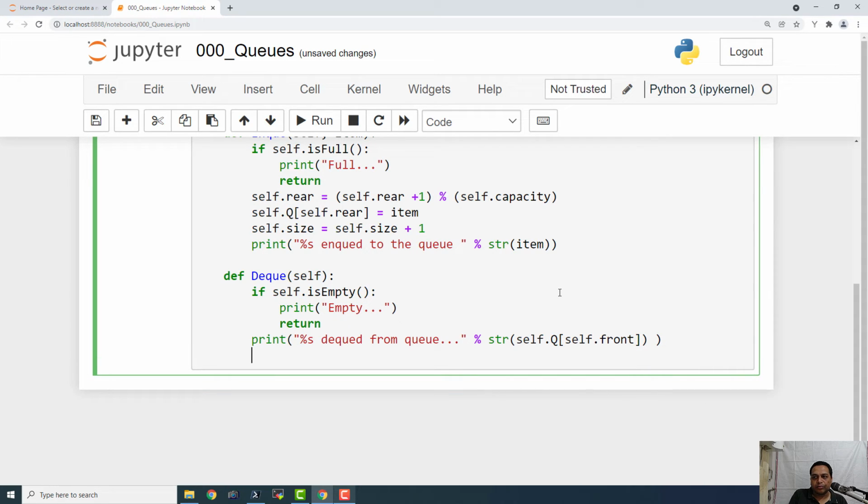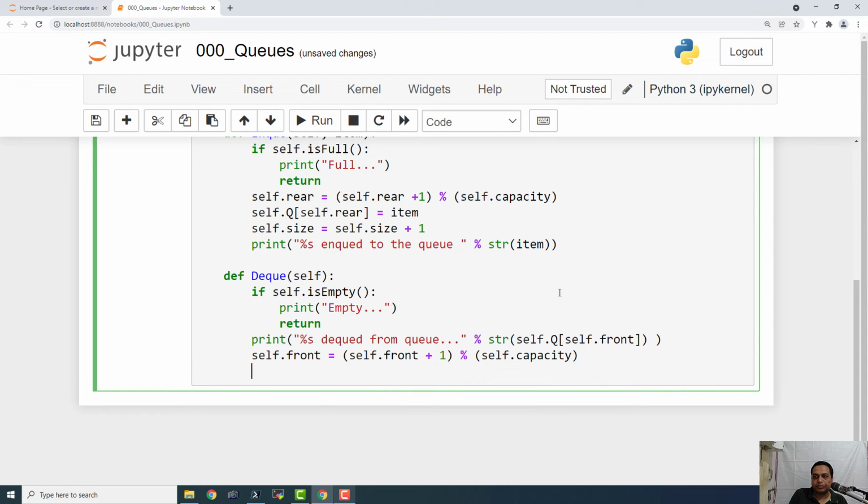And let us say self.front equals self.front plus 1, percent self.capacity, and self.size equals self.size minus 1.